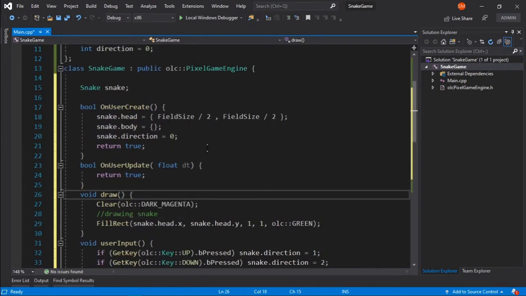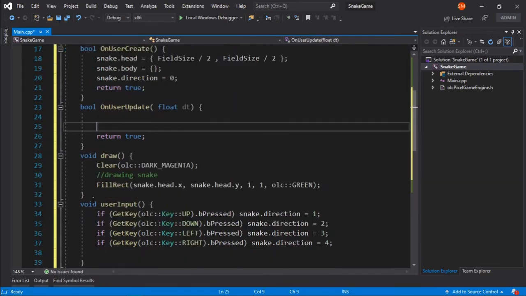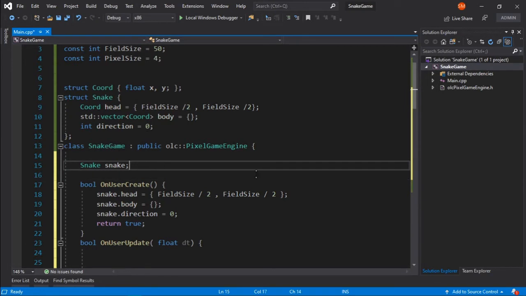So at this point, in user update, all we need to do is call these 3 functions. But in a snake game, the snake game is probably going to run very fast, so we need to keep track of speed.